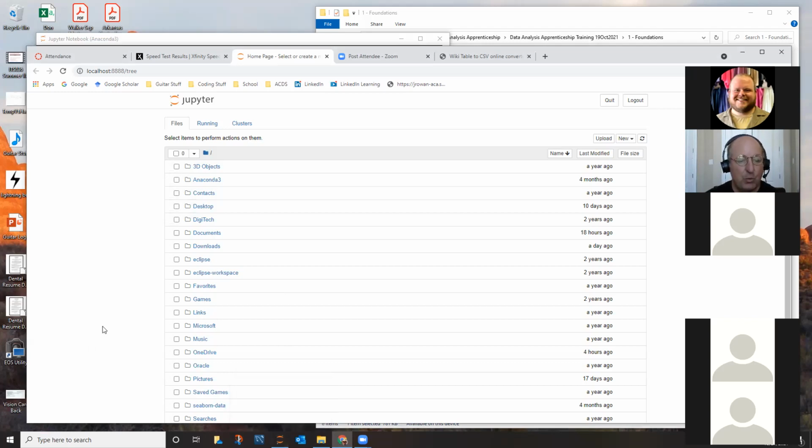Okay, so when you first run Jupyter Notebook, what you're looking at is called the Explorer window. This tab should look exactly like if you just pull up Windows Explorer by default. It should be the same folder structure, and it is. It is the same folder structure